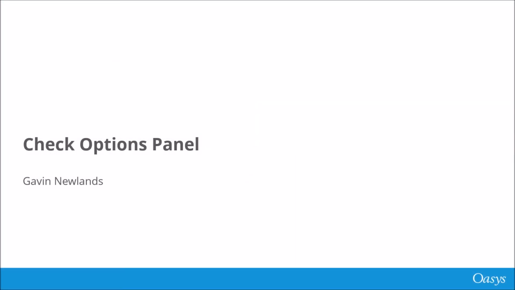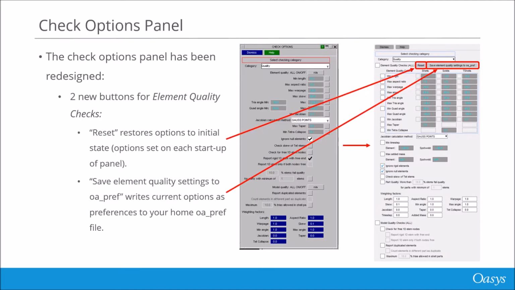Moving on to changes in the check options panel. The check options panel has been redesigned. At the top, there are two new buttons for element quality checks. Reset will restore the options to the initial state when the panel opens. And then save element quality settings to OAPref